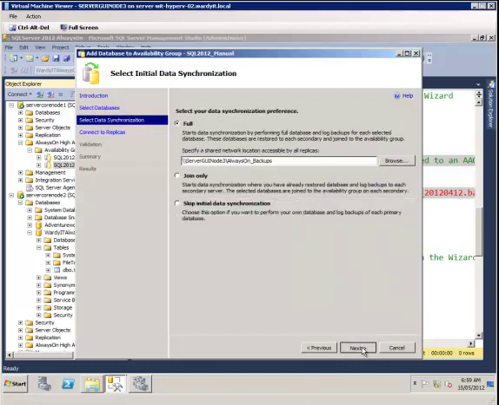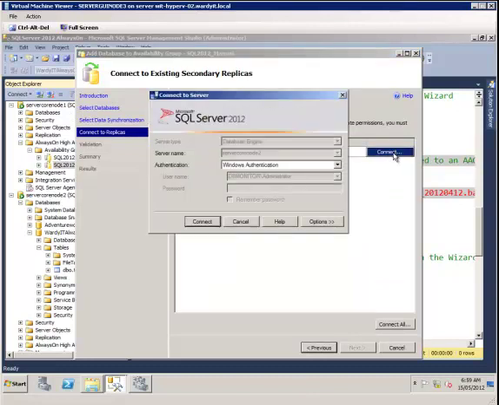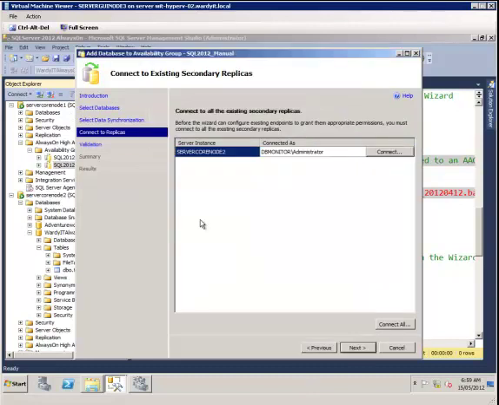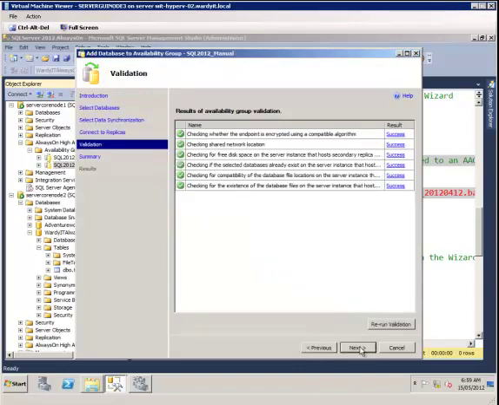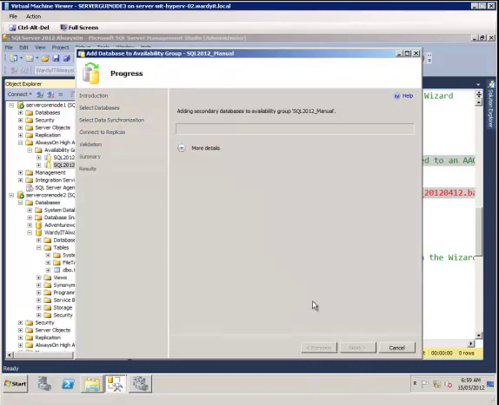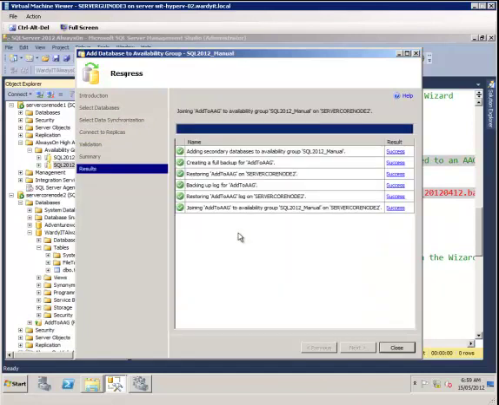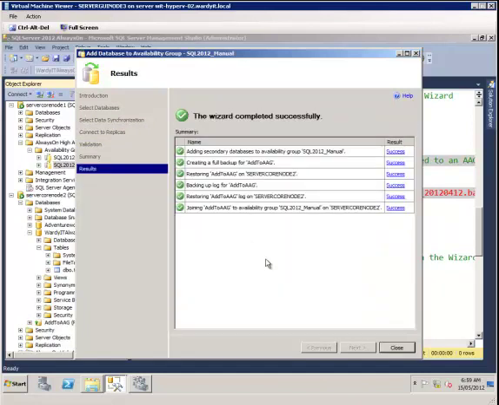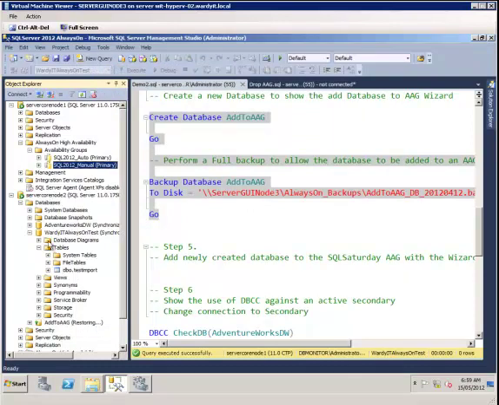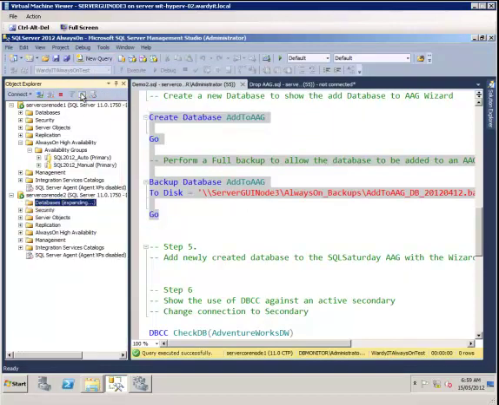It uses the same backup location as before, and we need to connect to our secondary, which it already knows about, so that we can perform the data synchronization. It does the checks, and we go finish. And this is going through those steps. We've now completed successfully. We hit close, and if we come back over here to our secondary, perform a refresh of our databases,